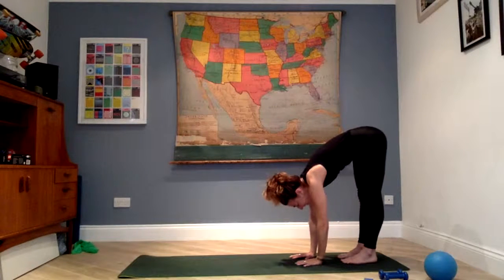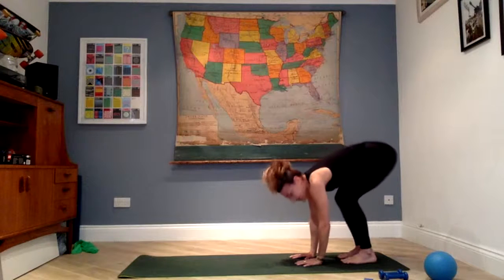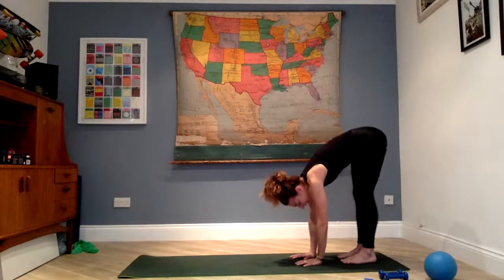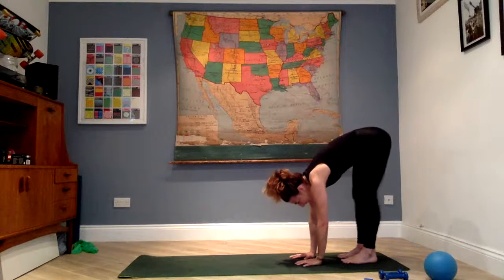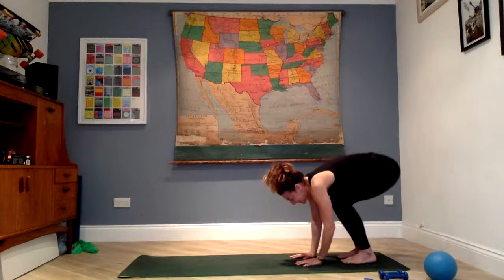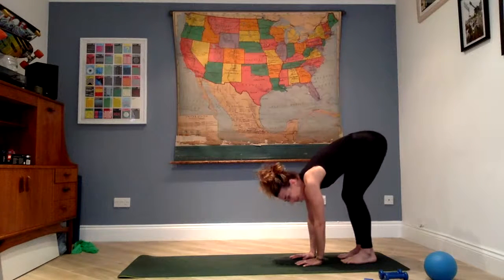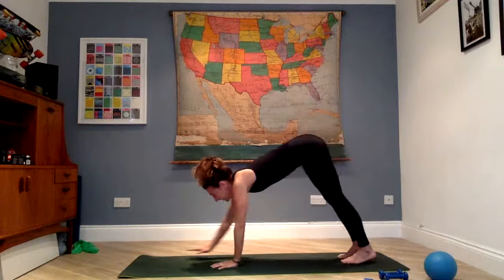Try to block those knees out. Once again, bend the knees, rest your chest on top of the knees. Inhale, and then exhale, straighten out the legs. Last time, bend the knees, chest stays on top of the knees. Breathe out, straighten the legs. And then just a soft bend of the knees, walk your hands forward once again, breathing out as you come